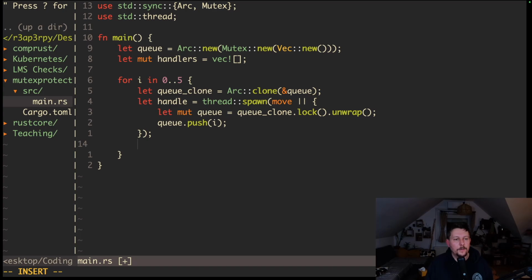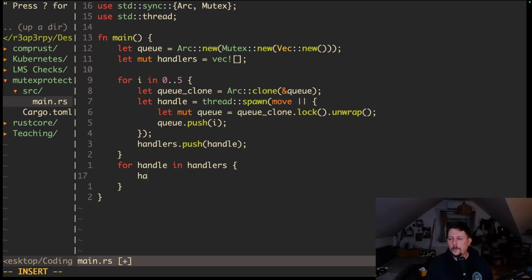After that, we are going to use the handlers that push handle, and then for handle in handlers we are going to call the handle that join with the unwrap,